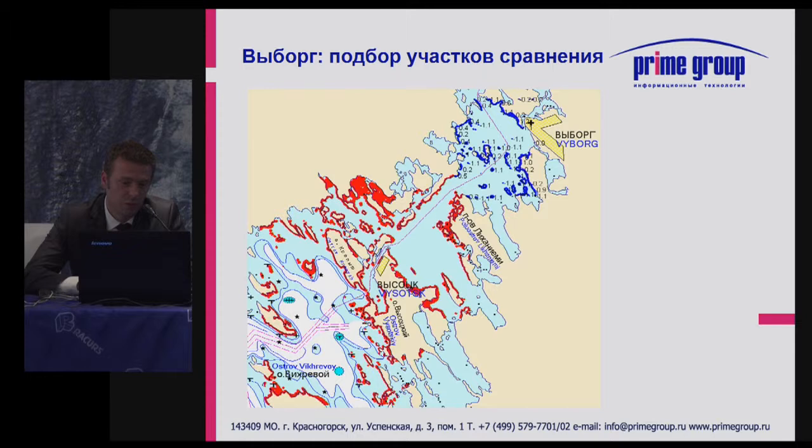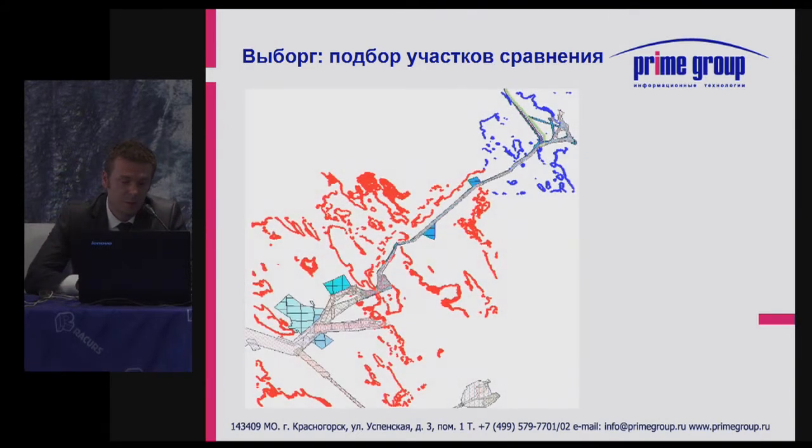Red and blue are the areas where we managed to get data after processing, and why red and blue? Because these are the navigation colors for that areas. And the next step will be the comparison of these results, acquired results, compared to what we have there based on field tests. Next slide shows what is really there out of real values which were tested and measured for these coastal waters. Narrow navigable canal and the place of parking for vessels and the turnaround area next to the